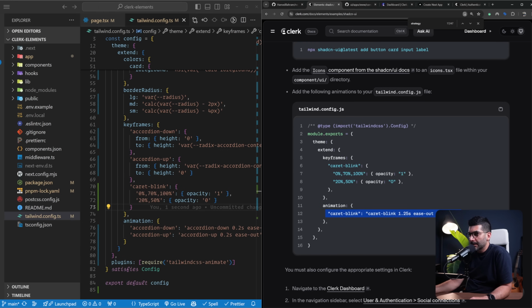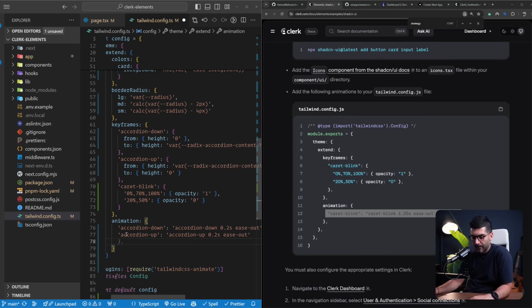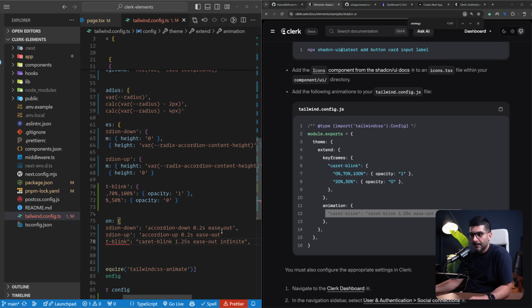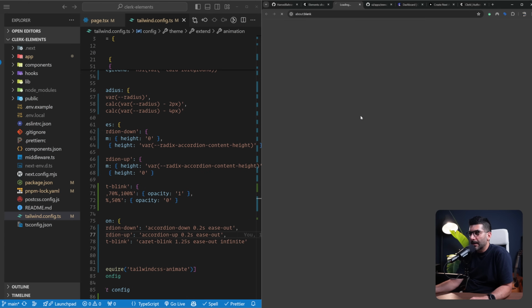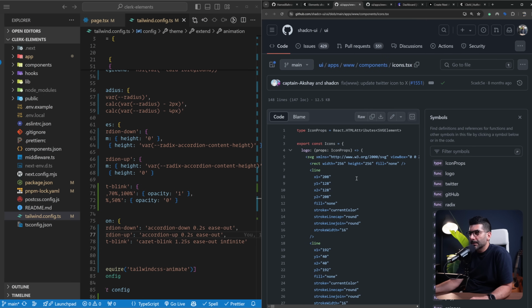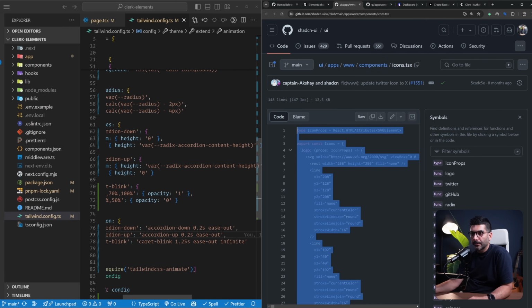And then inside the animations, we can define this as well. So let's go and define this. Let's also put in a comma here. So that's as far as our Tailwind config. Now we need to add this icon. So you can copy this code